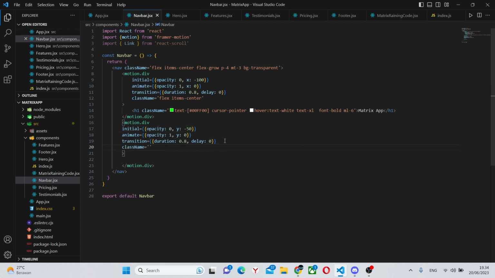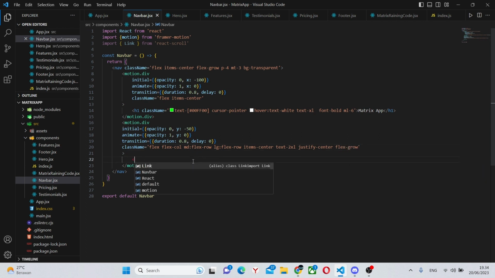Next, we'll have a class name of flex-col, md flex-row, lg flex-row, items-center, text-2XL. This is going to make it stand out on mobile version, justify-center, and flex-grow.